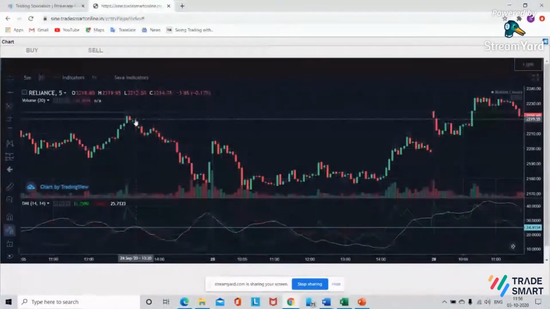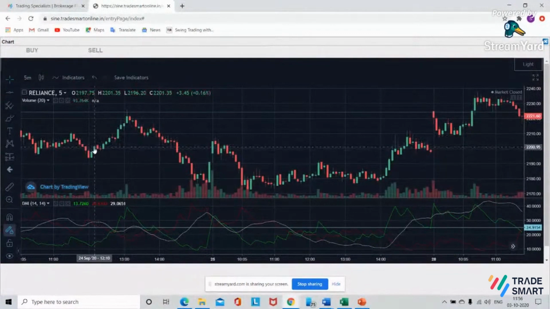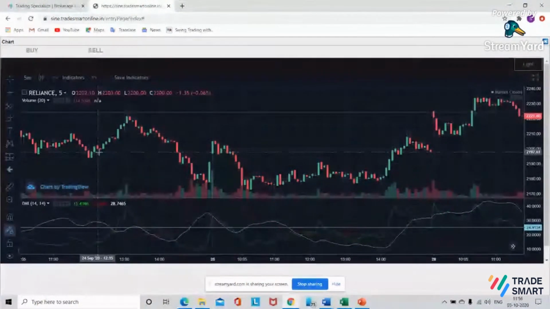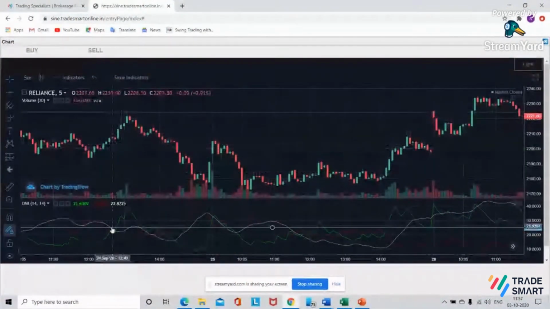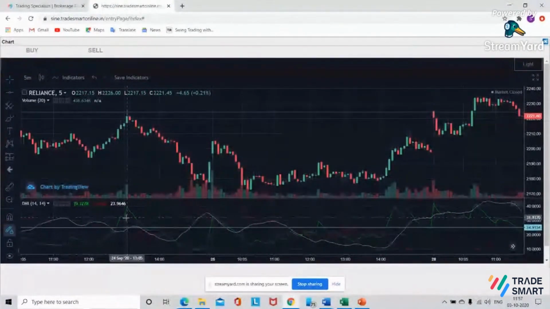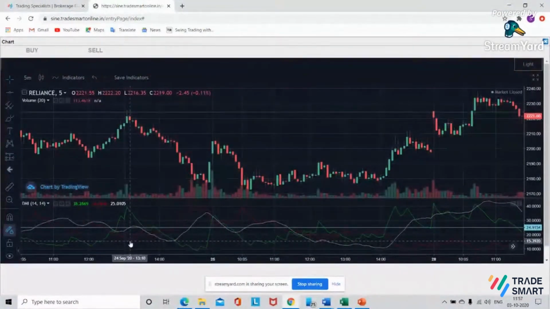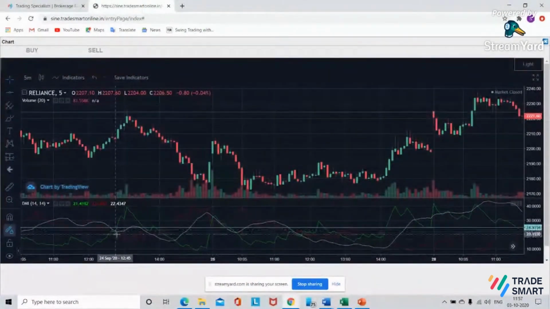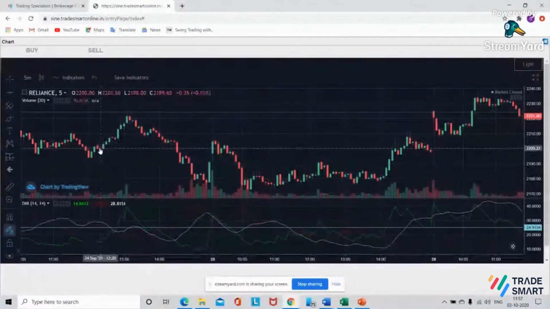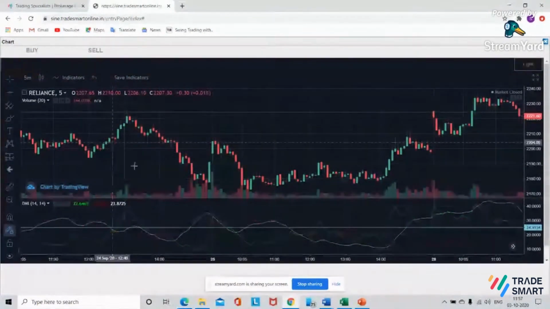As you can see, at the start of the day the price was going up, it was bullish, and we got confirmation as soon as the plus DMI, which is green, crossed. I hope you can see that green represents the positive DMI line and red represents the minus DMI line. As soon as this crossover of plus and minus happens, it shows us that the market is going into an uptrend, and the movement was very significant.